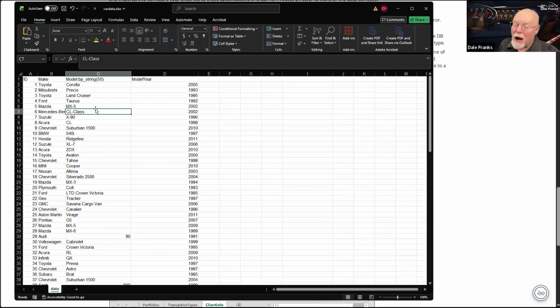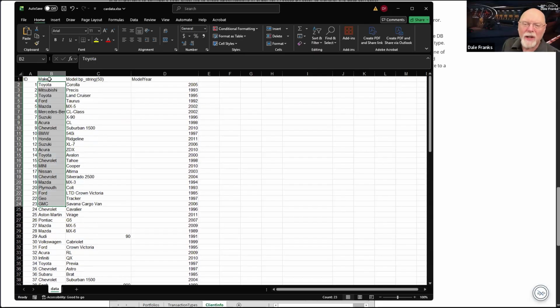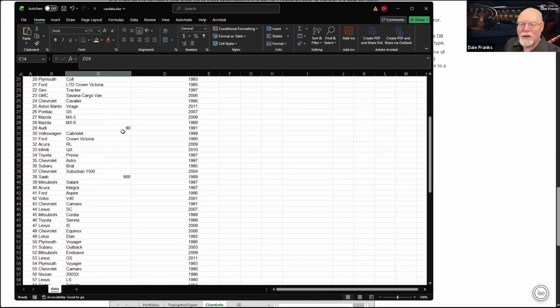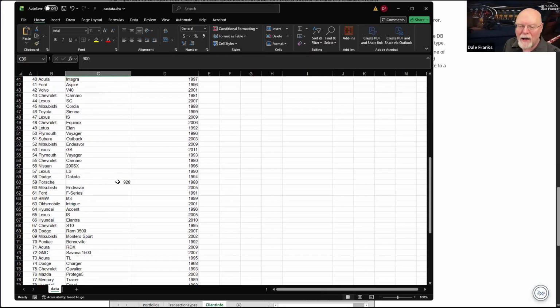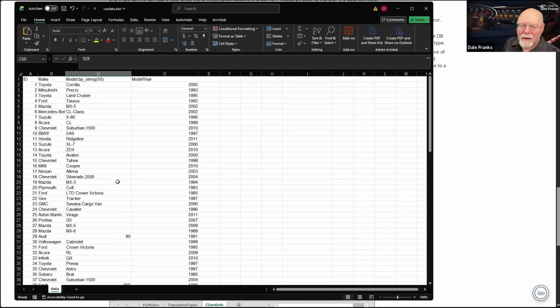So I can set that there. I don't have to set it for every field. Obviously, this first field, make, it's all Toyota, Mitsubishi. There's no numerical stuff here. There's no way to really make a mistake on the import. So I don't really have to do it for this field. Technically, because my Audi 90 doesn't appear until record 30, I don't think I'd have to do it for this field either. But because I do have these numeric values, 90, 900, 928, 1500, and so forth, I probably, better than being sorry, would rather be safe. So I would go model BP string, and I'd put 50 here. 50 is probably too much.